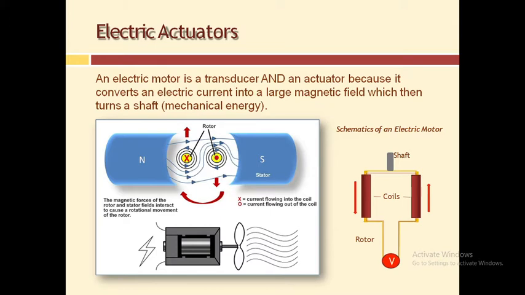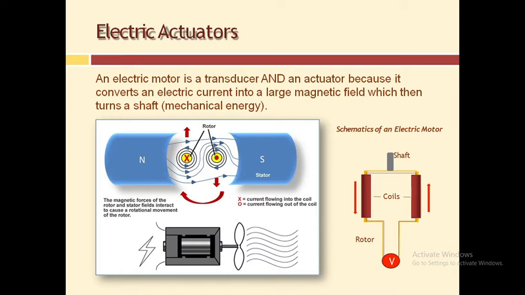So here are the electrical actuators. An electrical motor is a transducer and actuator because it converts an electrical current into a large magnetic field which then turns a shaft. This electrical actuator uses electrical energy and turns a shaft. So we can say that it is a rotary actuator because a rotary motion is produced